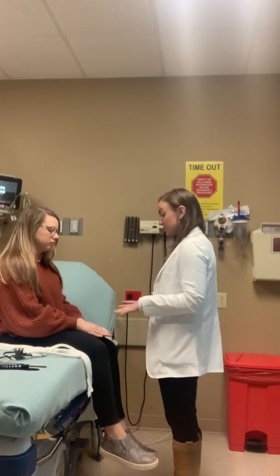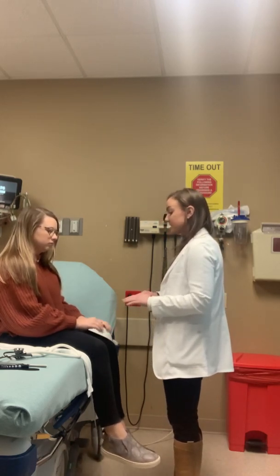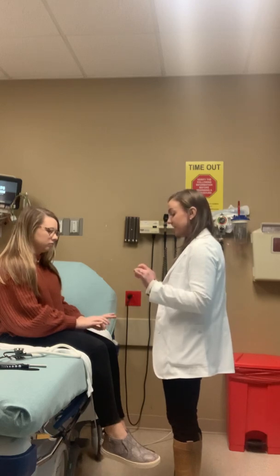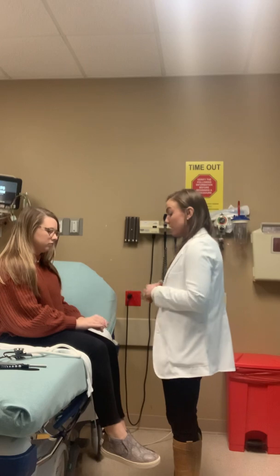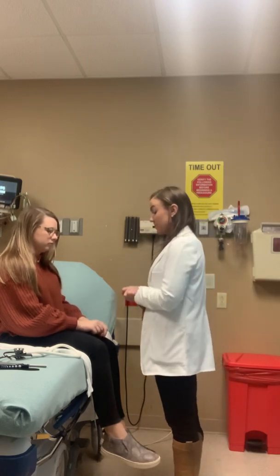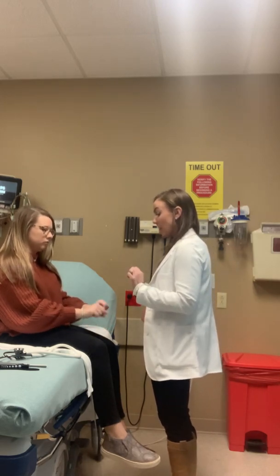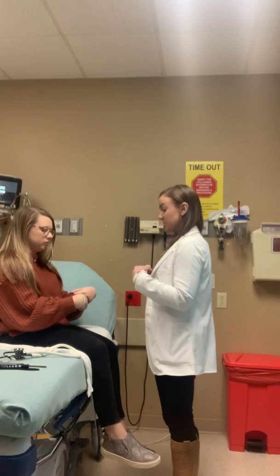Then I'm going to assess range of motion of the fingers, so flex your fingers, extend them and hyperextend them. Abduction, adduction, and thumb opposition for me. Good. Moving to the wrist, same thing with all the inspection again. Then I'm going to assess the range of motion, so flexion, extend, and hyperextend, and then radial deviation, ulnar deviation,